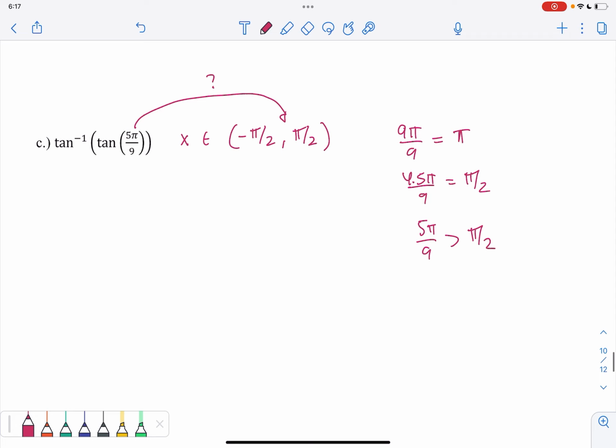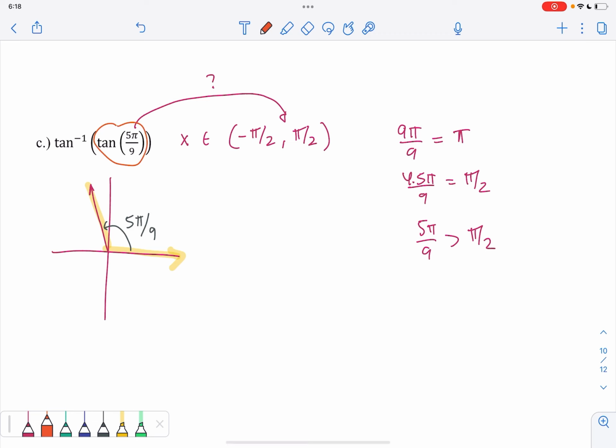Again, I'm going to draw this out. So where does 5 pi over 9 live? Well, we just said it's bigger than pi over 2, but just a little bit. So I'm going to be in quadrant 2. So here's my angle, and this is the angle, 5 pi over 9. Okay, so the tangent of 5 pi over 9 is some value. Let's just call it b. And then I say, where in negative pi over 2 to pi over 2